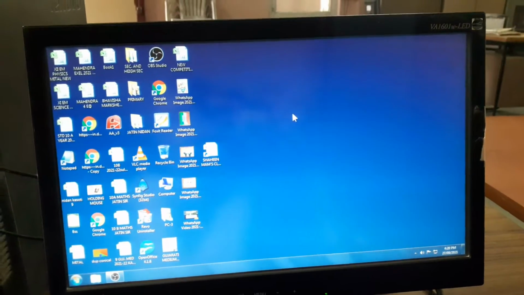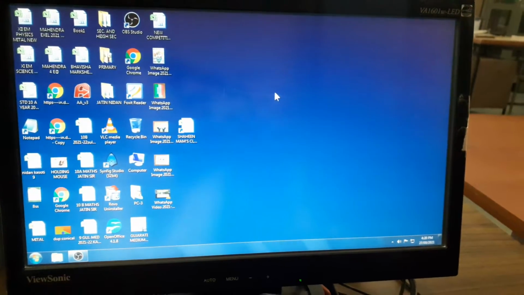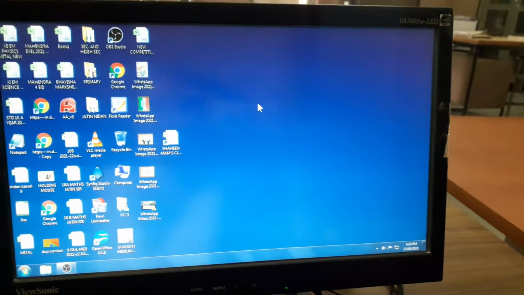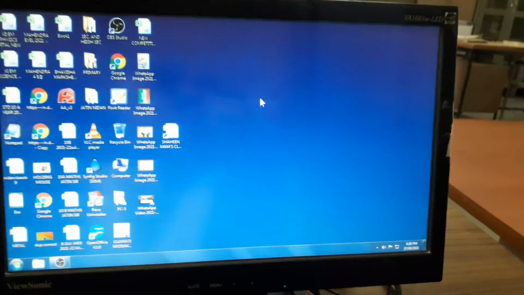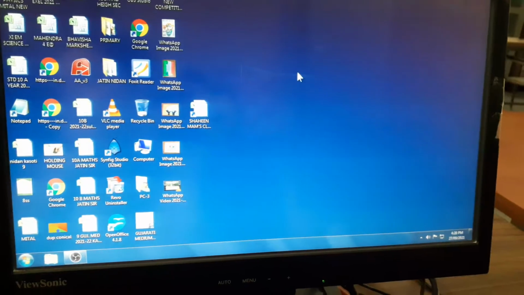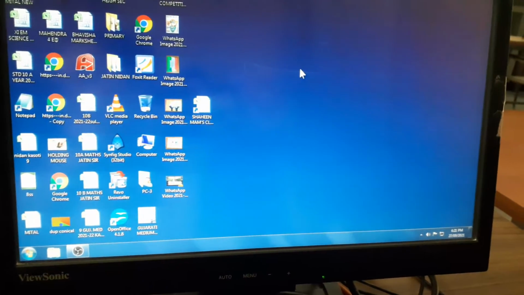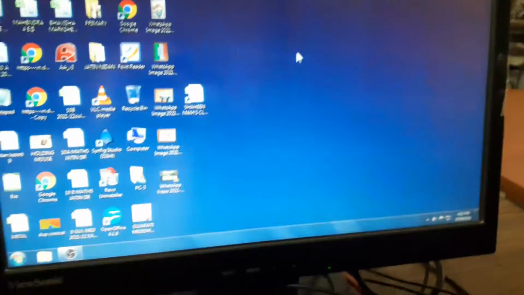Now our next topic is change the order of a pinned item. Right children, page number 26. How to change the order of a pinned program. So if you want to change the order of a pinned item on the start menu, just drag the program icon to a new position in the list.